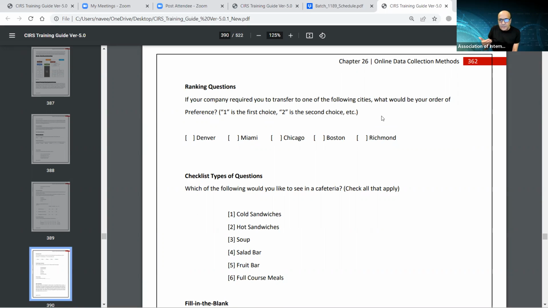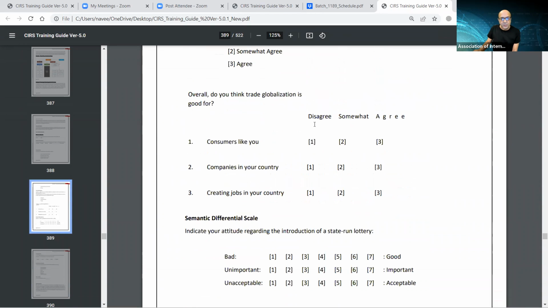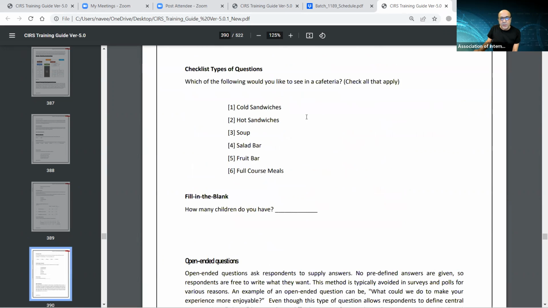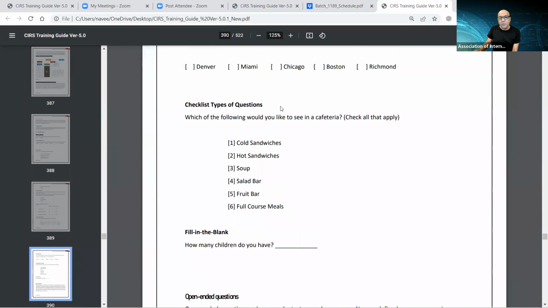There is theory behind each format of the questions, of why you would choose ranking questions instead of semantic differential, instead of Likert. So there could be these, and if you understand or have chosen any of these acceptable formats,